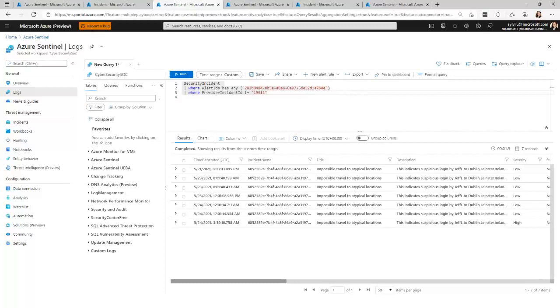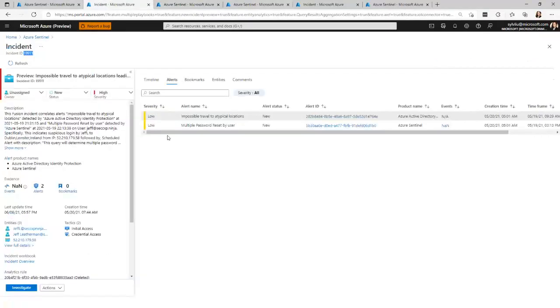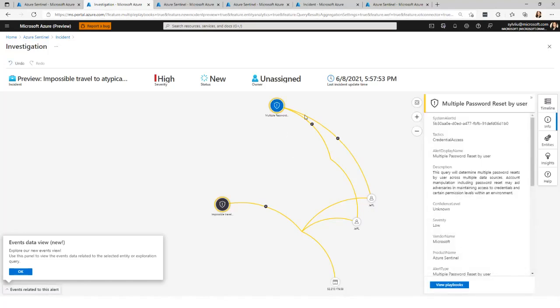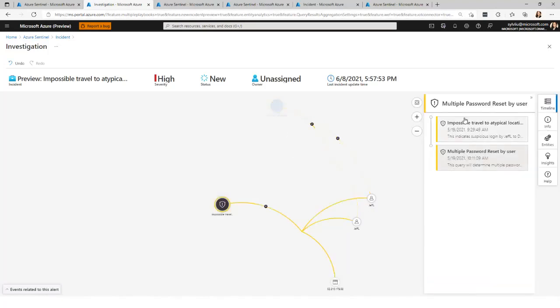And when we go back and investigate the incident, you can also leverage our investigation graph. It's a very powerful tool that you can go in there, look at the relationship between each alert and the relationship between each entity. When you go through these alerts, you can see the information in the timeline to help you better understand the information within each alert and the timeline.